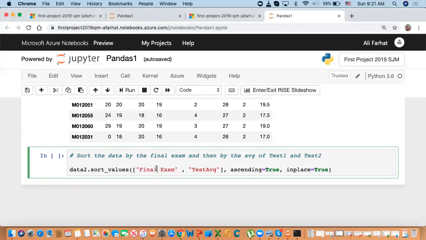If I want ascending for both of them, I can do ascending, but now I have to put the different options for both of them. So if I want ascending equal true for this and ascending equal true for this, what do I do? I will put the bracket like this, another bracket, and now I will put the options. If I say true for both, this one will be ascending for the final exam and ascending for the test average. Because the data that we have here is limited, you're not going to see the result. But let me show you. If I run it,